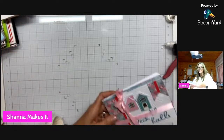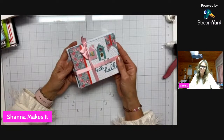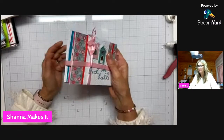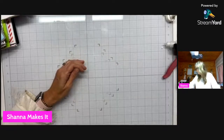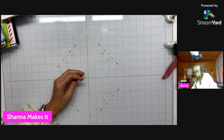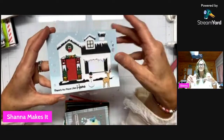I think I've got a set here that I made last year that evidently I didn't get rid of. It's just cute. It was an ephemera, an old Spellbinders card kit, but this was last year, so I'm not going to include it in the count because it was last year's. So then let's see, we just got this. This was